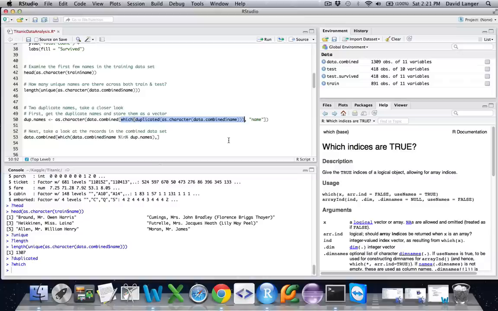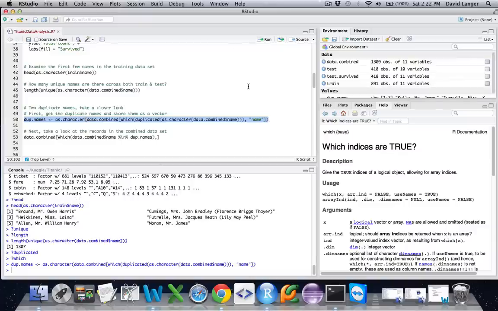Maybe it's definitely 4 records, but maybe it could be 2 names duplicated twice, or it could be 1 name duplicated in triplicate, repeated 3 times. We'll have to see, but this should be pretty intuitive. This essentially is like a where clause in a SQL query. And then take that, turn it into a character, and then stick it in the dupe names. So we can go ahead and run that.